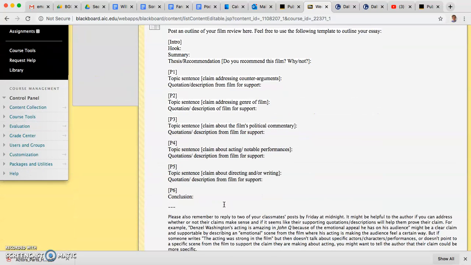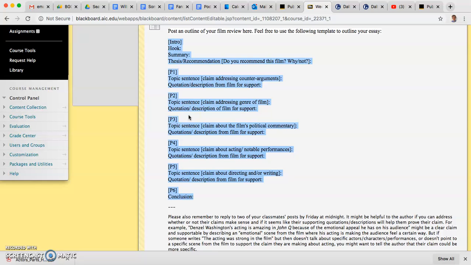I want you to post your outline of your film review for next week, because your film review itself is going to be due the following week. But if you look here, how I set this up, this is what I asked you to do for your research essay a couple weeks ago. But here I'm asking you to focus your topic sentences on those specific things I just went over. So offer a topic sentence that addresses the counter arguments. If you're saying that your movie is a good movie, tell me why somebody else might not like it, or tell me some of the holes in the plot, or what's kind of wrong with it, or where does it look fake, or where does it seem unbelievable, or where does it lose you.